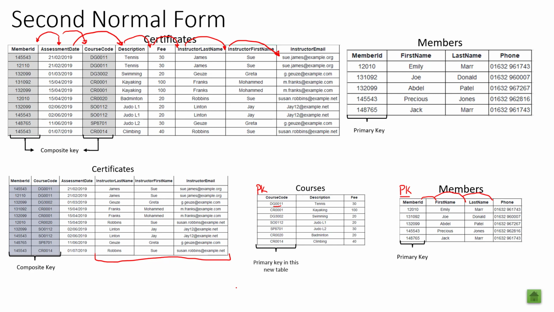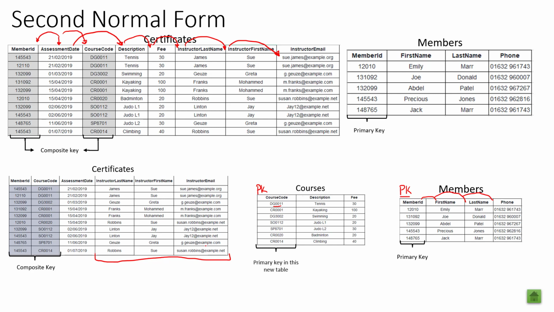And the reason why I'm saying that is because the email looks unique, right? Well, all of those are unique. People would only have one email. You can't realistically have a duplicate email. You can have people with the same name, which is why I didn't use the names, or even combining the names. We could have a first name and a surname that match. So for example, Sue James always has the email